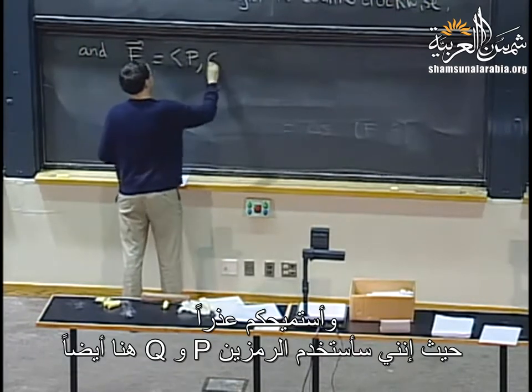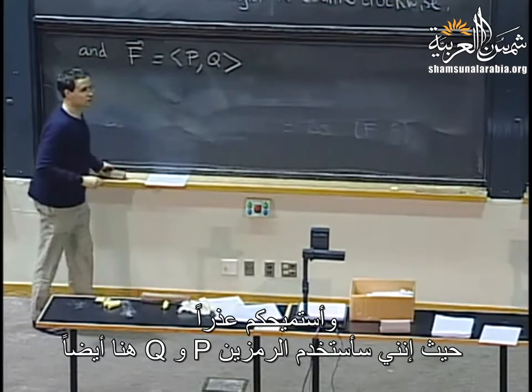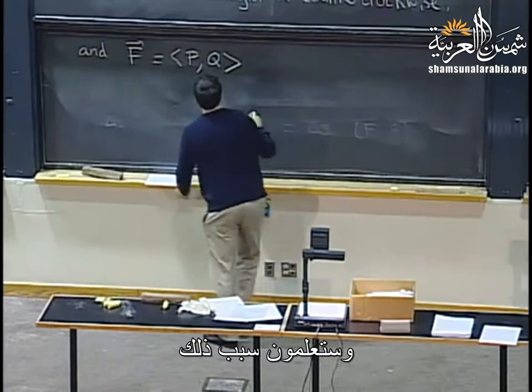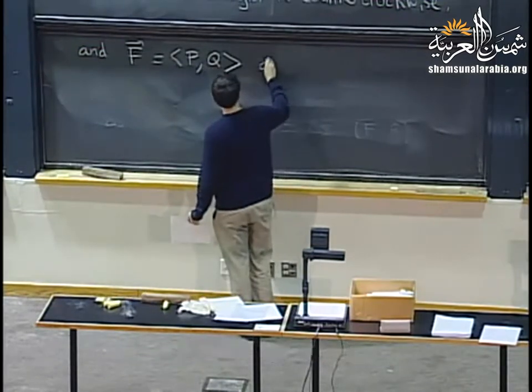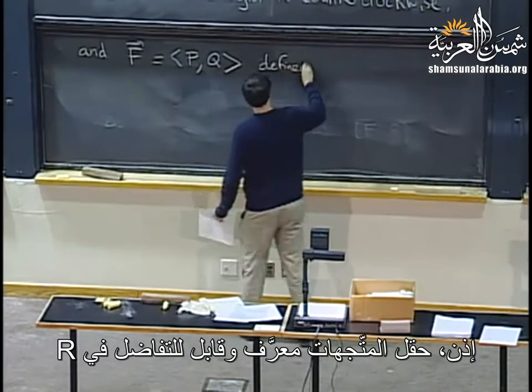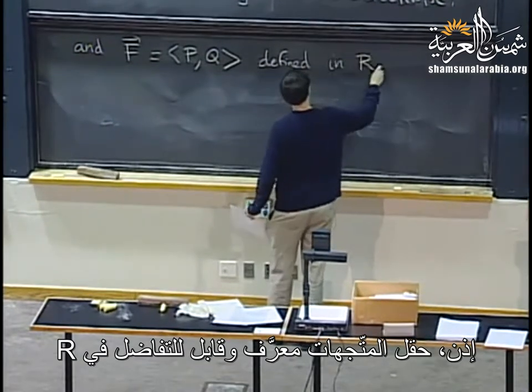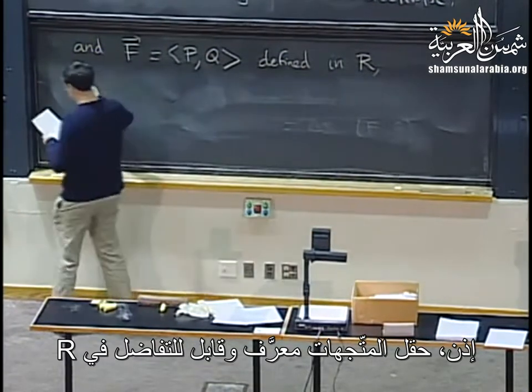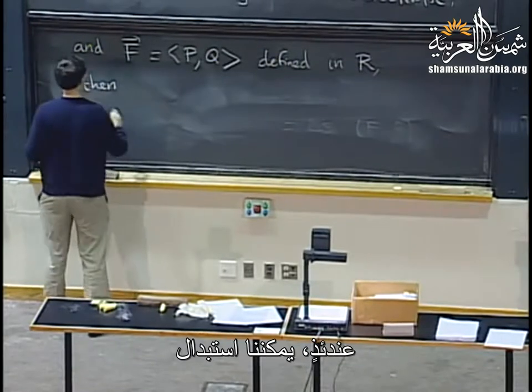So if you'll forgive me for a second, I will still use P and Q for now. You'll see why. Is defined and differentiable in R, then I can actually